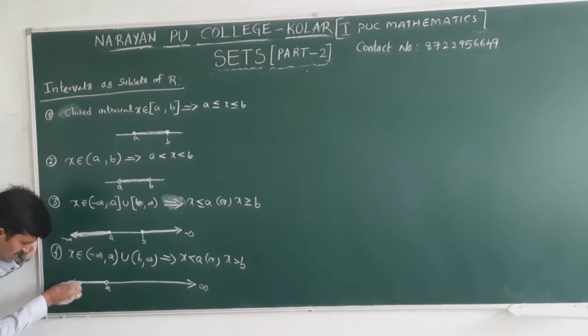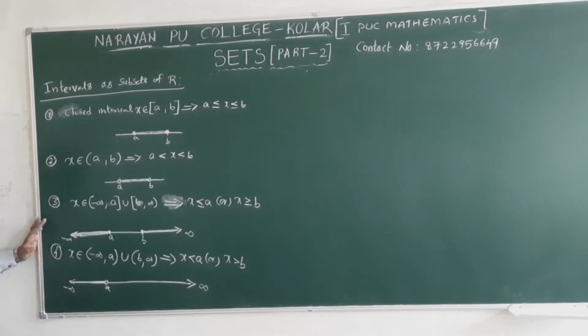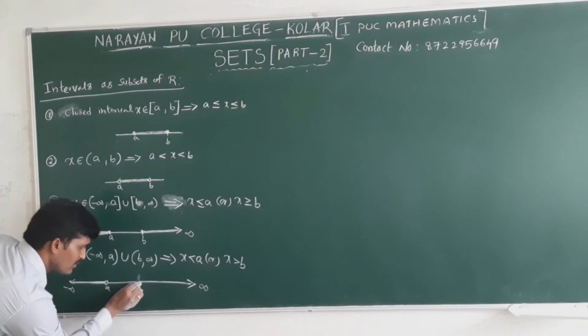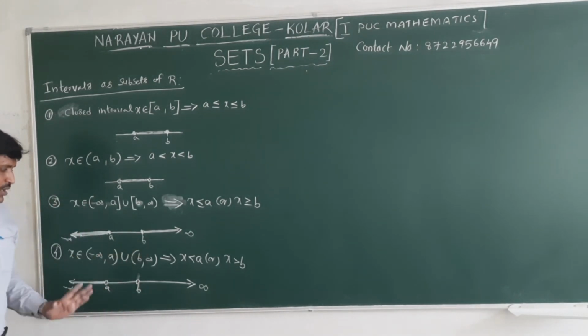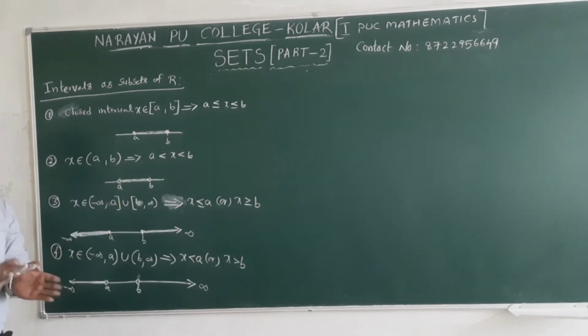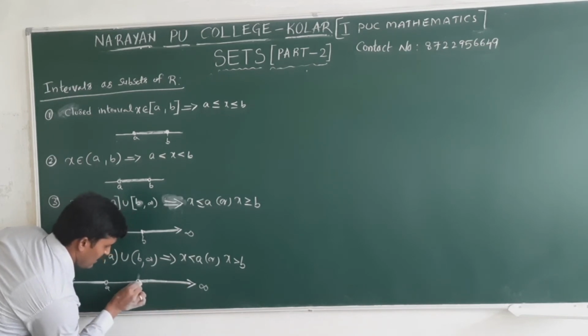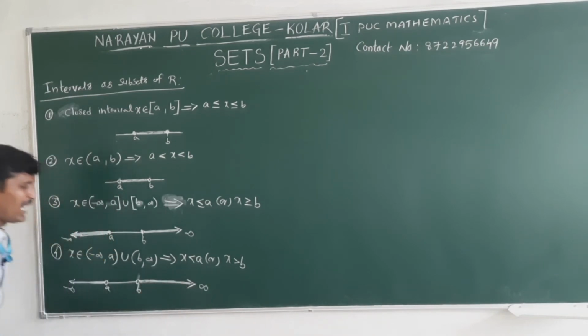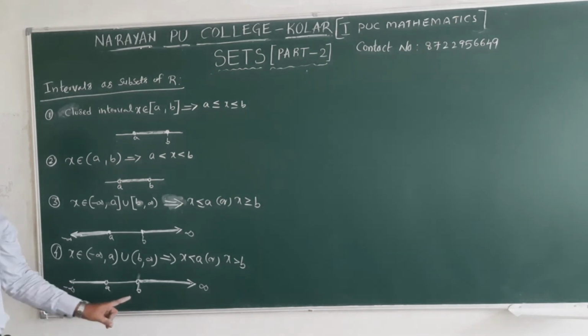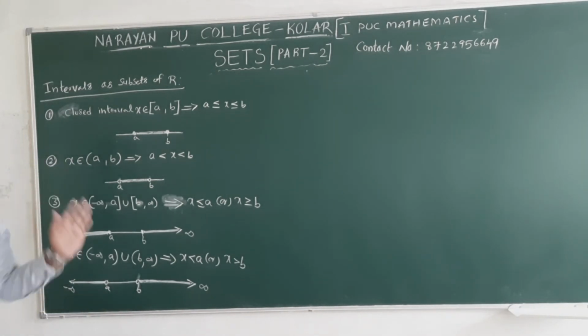Strictly less than means we are not taking it. For example, a is 2: 2 should not be taken, you can take 1.99 onwards, and the remaining below that. This is b, for example 4. More than 4 only, which means 4 is not included; 4.0001 we can take. But I am not taking a and b, and I am not taking in between a and b also. These are the simple logic you can consider generally.